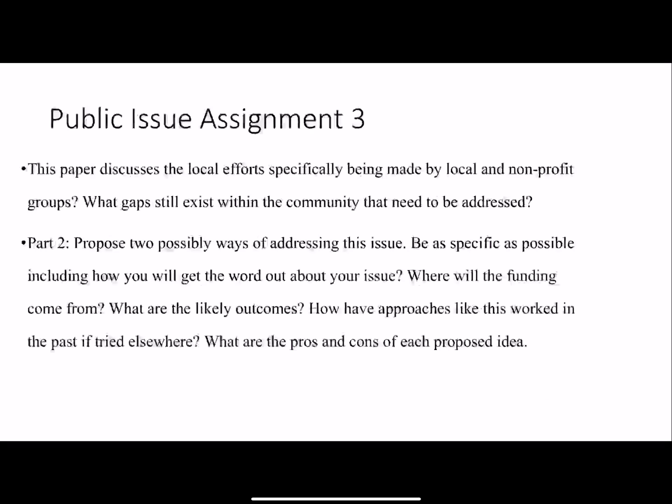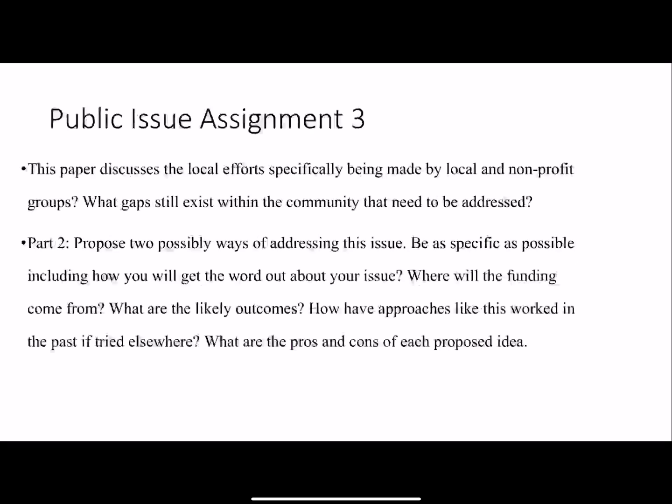Published issue paper 3 is often the one that can cause some challenges. This paper begins with a very brief look at any local things that are being done that you haven't already addressed. So like, let's say you're, again, working on the issue of childhood poverty. You may look at what nonprofits are doing in your local area, and then you want to look at where the gaps exist. So in your research, you likely will come across things that are not going well related to your public issue.